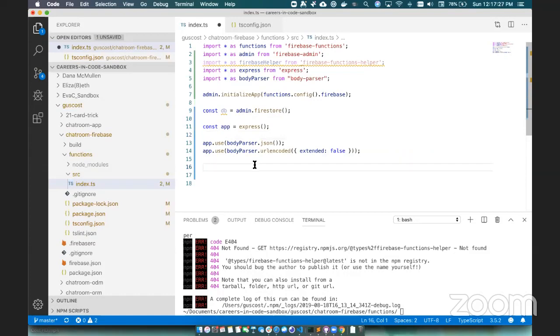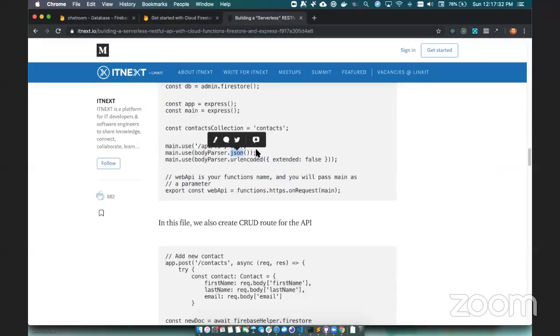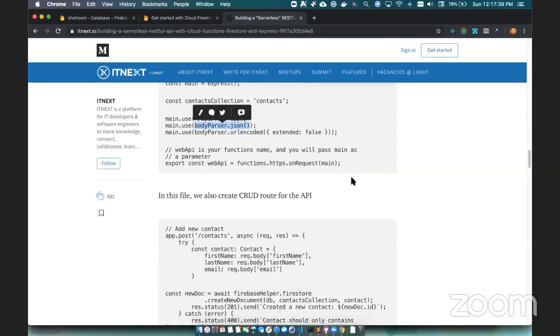But we'll leave it, I guess, whatever. But that's for JSON, obviously. We did this in every Express app. It easily takes the body of the requests and turns them into JSON objects. Okay. And then export const webAPI equals